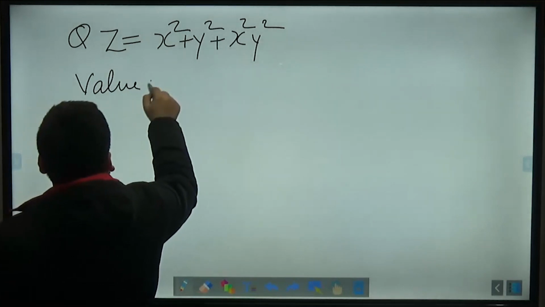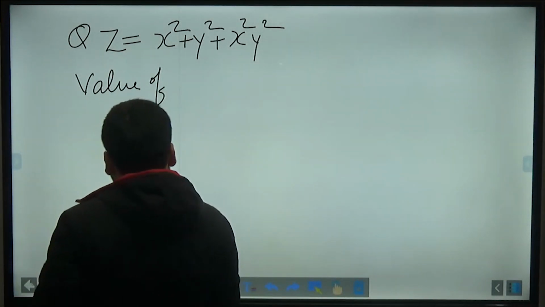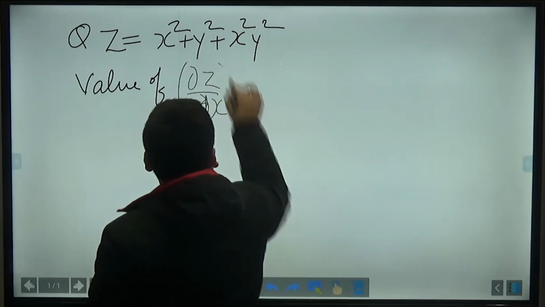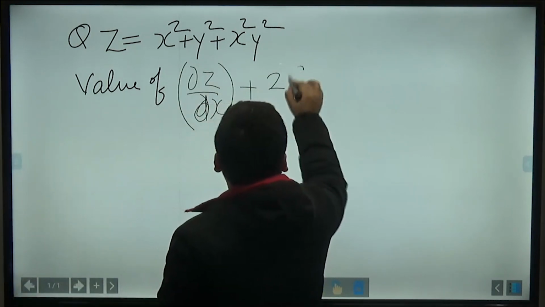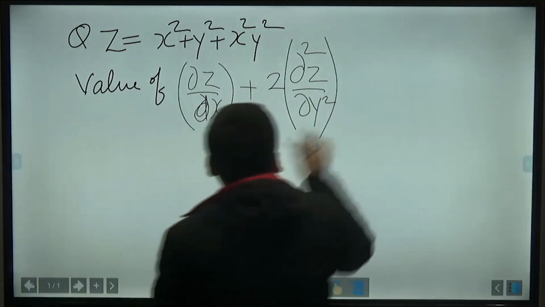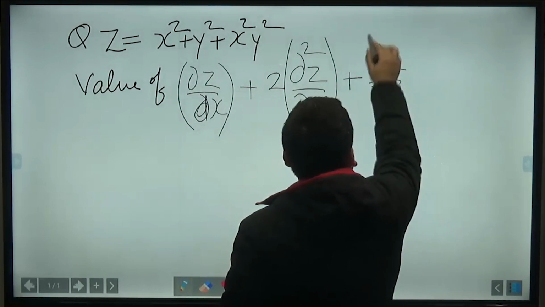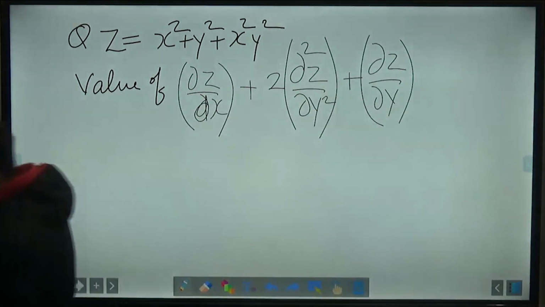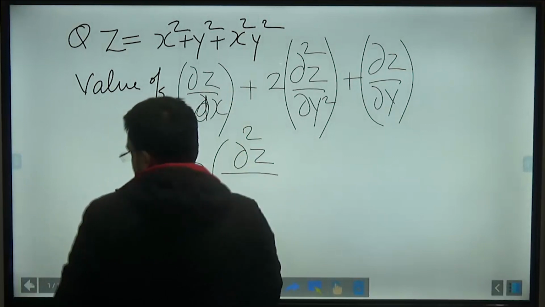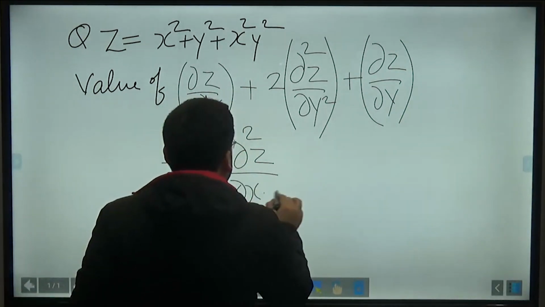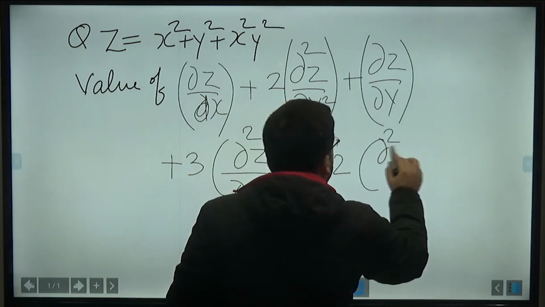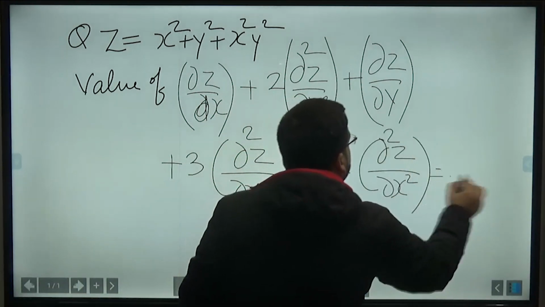Value of dou z by dou x plus 2 times of dou square z by dou y square plus dou z by dou y plus 3 times of dou square z by dou x dou y plus 2 times of dou square z by dou x square will be equal to what